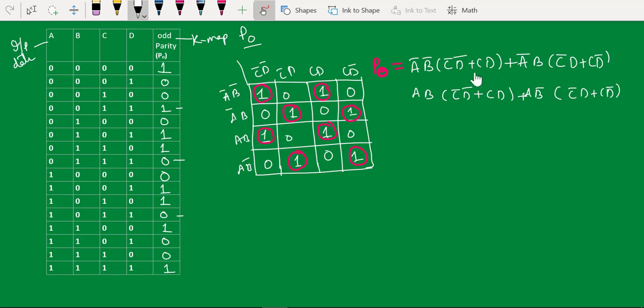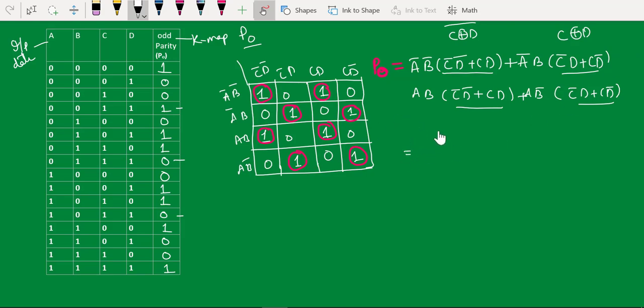If you look at here, this is same, both are equivalent to C exclusive D whole bar. Similarly, in this case both are same, both will be equivalent to C exclusive D.